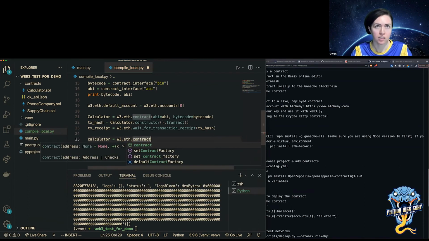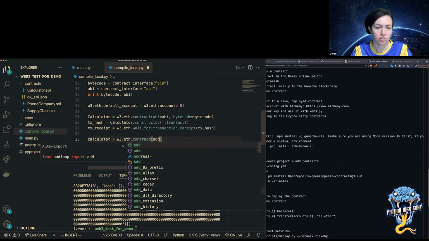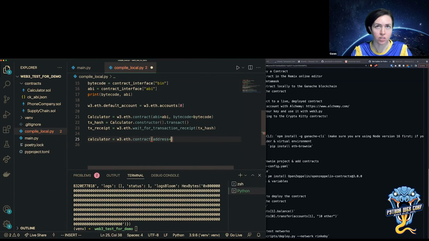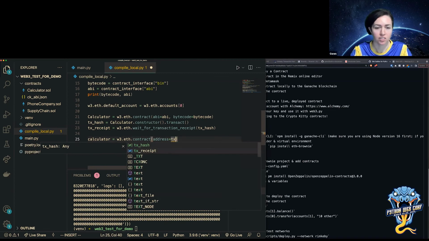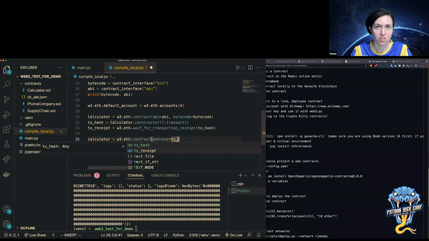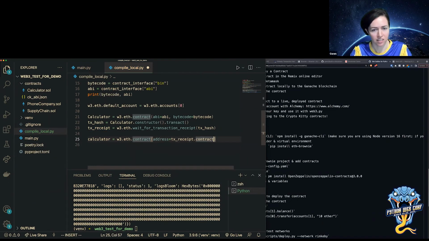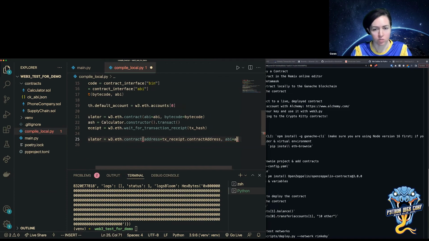w3.eth.contract. And then I'm going to tell it where the address of the contract is, and I'm going to get the address back in the transaction receipt. So I do transaction receipt dot contract address, and then I can do ABI equals ABI.